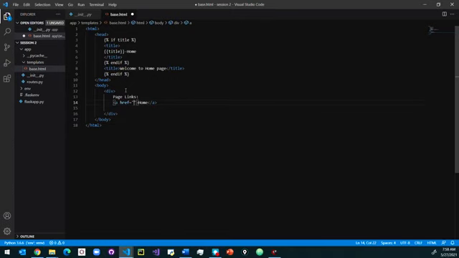Here we are just going to use the Jinja format. That is, we are creating it as a variable where we specify the URL. So we say url_for, this is how we specify the URL in Flask. Here we are going to say index.html.